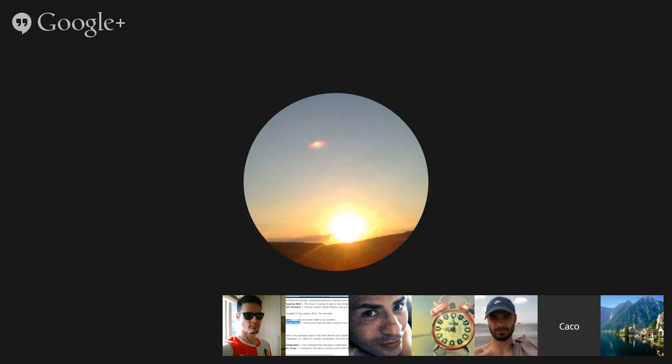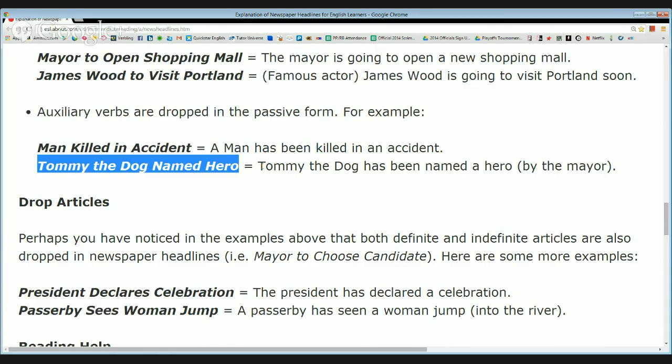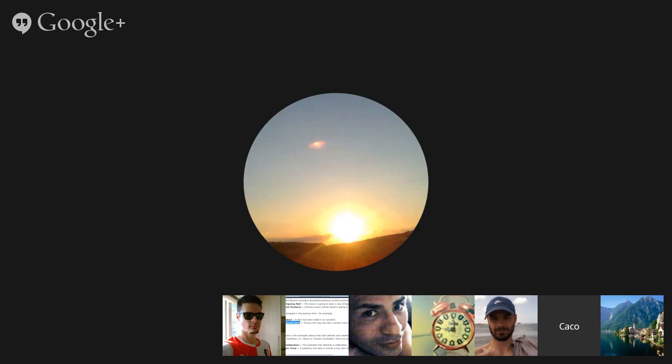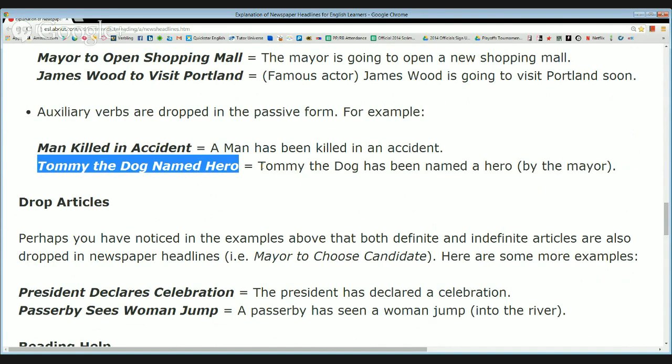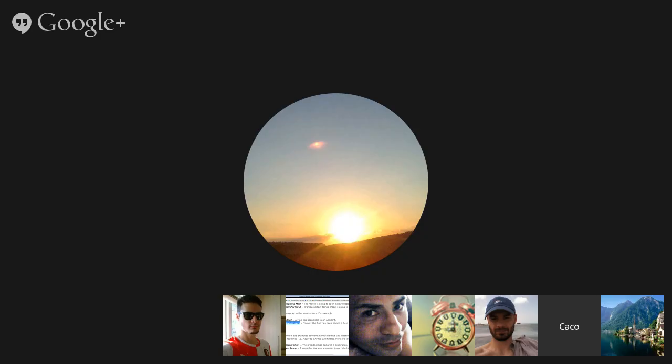I thought, "Tommy the dog named hero." One hypothesis is he is named as a hero. Another would be that the name of Tommy the dog is given as a name to a hero. Okay, given as a name to a hero. So who is the hero in that case? Is somebody else the hero? Yeah, in the second hypothesis, it could be, but